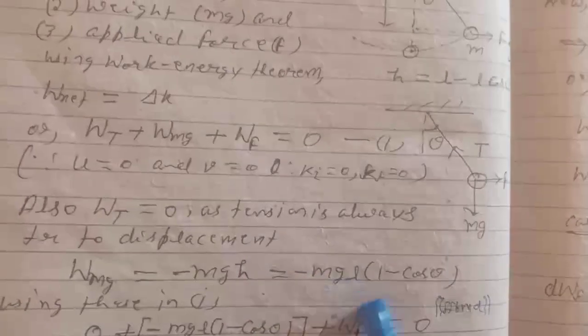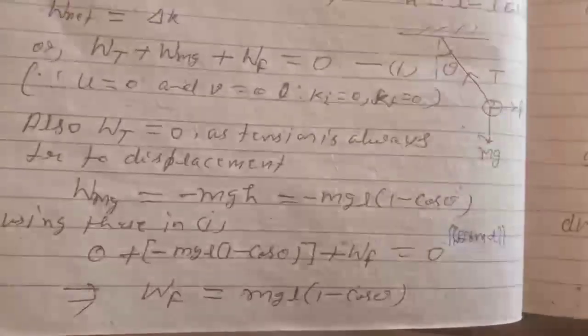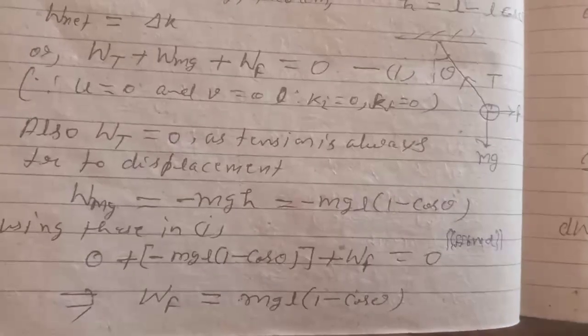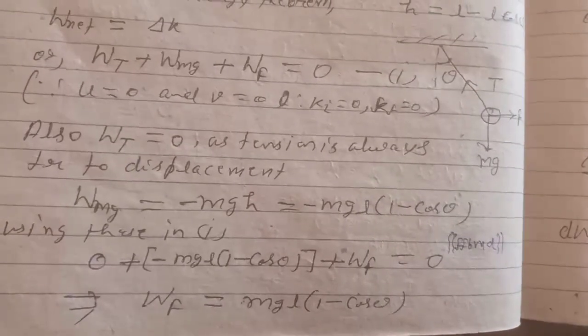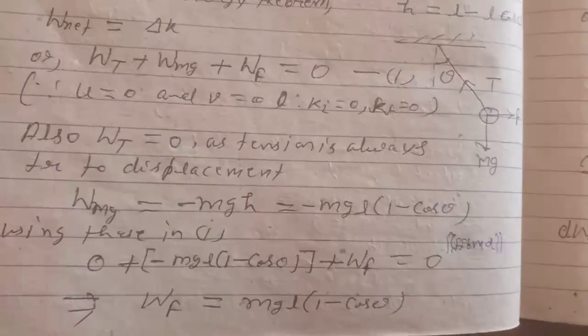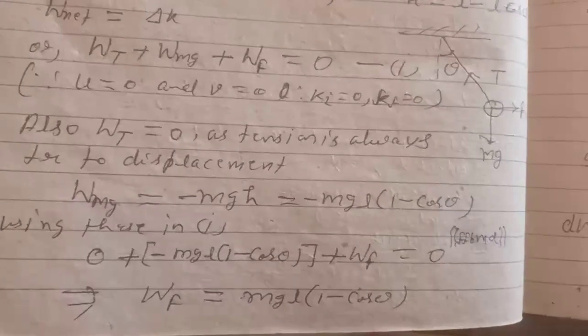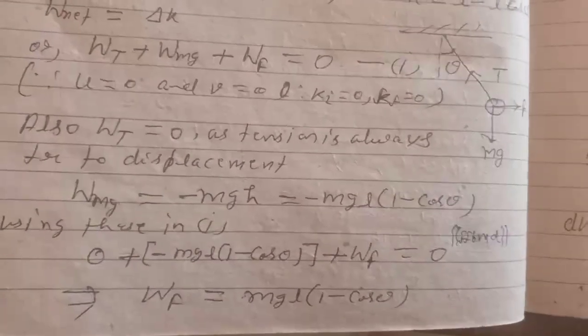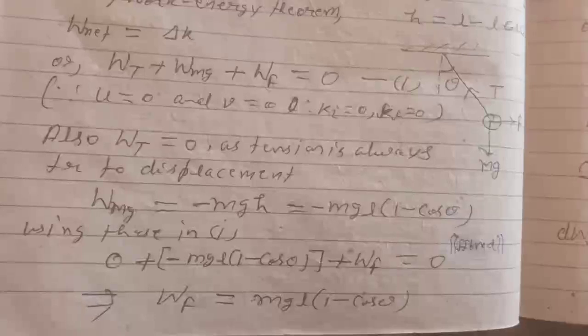And W_mg equals minus mgh, minus mgl into (1 minus cos theta). Using these in equation 1: 0 plus minus mgl into (1 minus cos theta) plus W_F equals 0. This implies W_F equals mgl into (1 minus cos theta). Next,